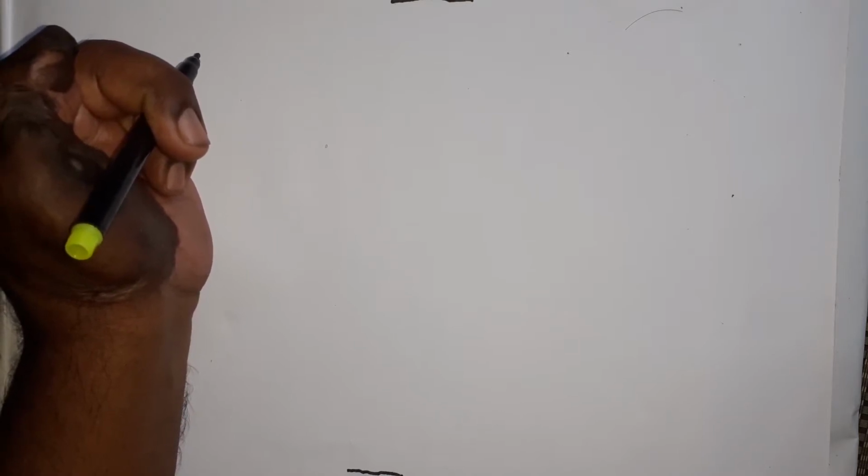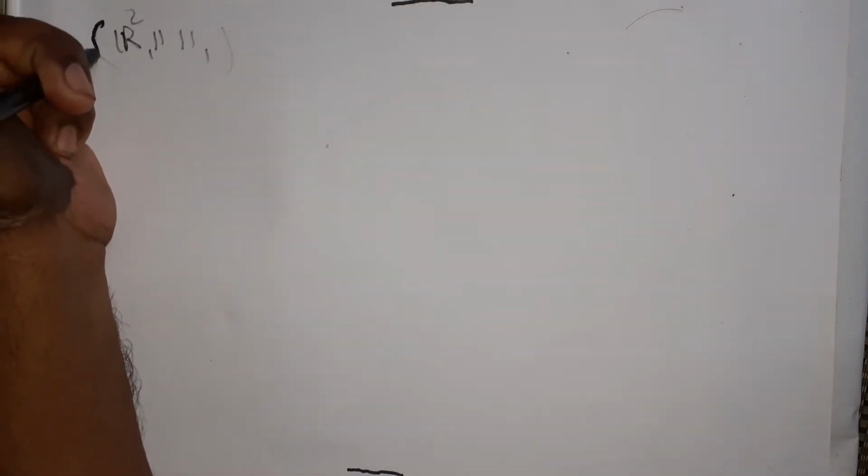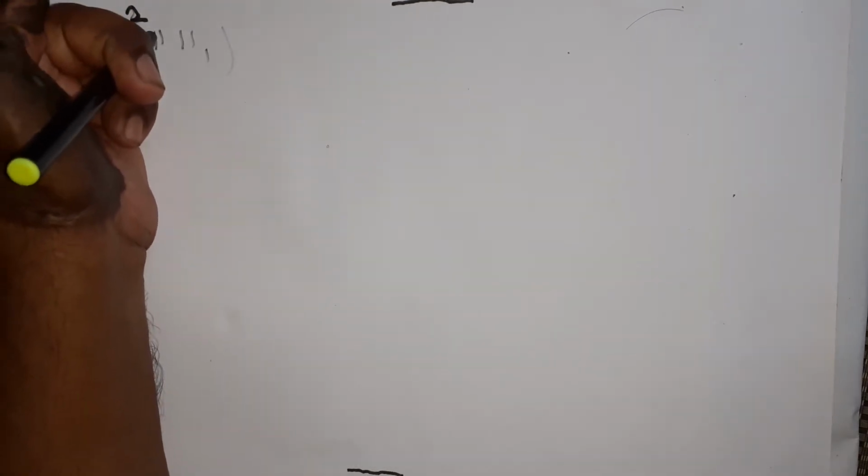Now in this lecture of the subject topology of metric spaces, we are drawing the figure of the unit open ball in the metric space R2 with norm 1. Now see here, R2 with norm 1 is a metric space. R2 with norm 1 is a normed linear space.